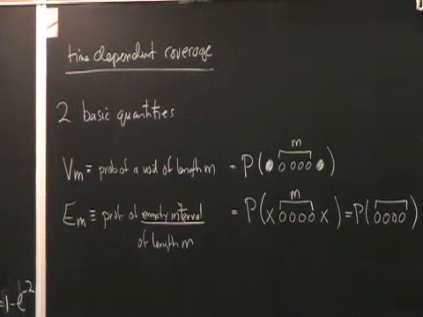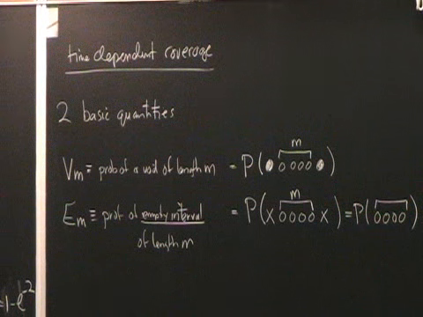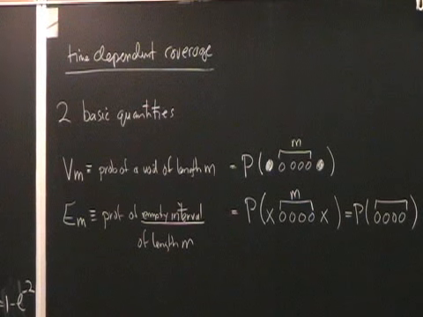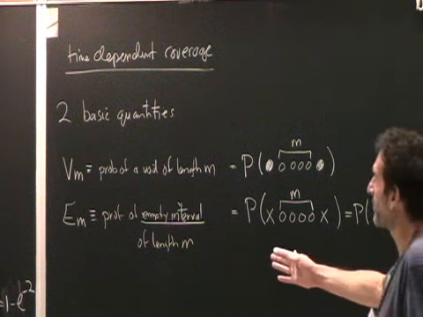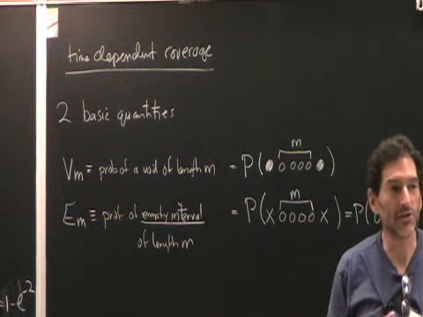So the idea of the empty interval probability is that you imagine looking at your line with blinders that have length m, and you just take your blinders along and say, is this m interval all empty sites? And if it is, then it adds 1 to the number of empty intervals. And I don't care what's happening outside.